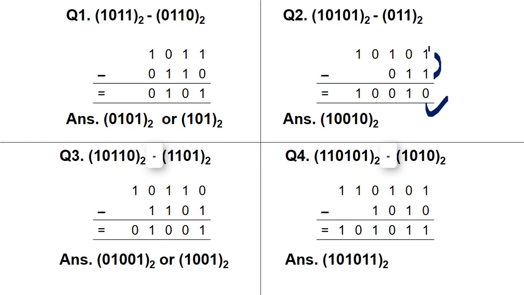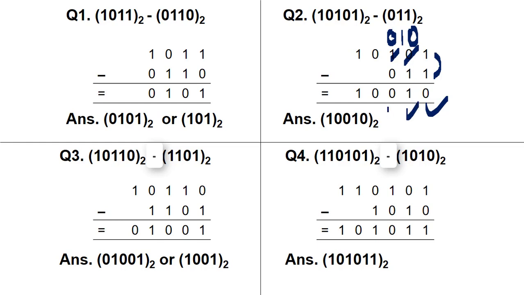It means first you will subtract one pair of bits, then you will move to the next one. So here we get the result as 0. Now next we have 0 minus 1. For the 0 minus 1 we have to take a borrow. So we will take a borrow from the 0. It will be converted to 0, and then this 0 will be converted to 1, 0. So over here we have 1, 0 minus 1, the result will be 1.